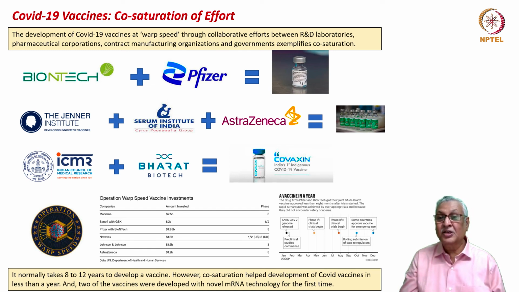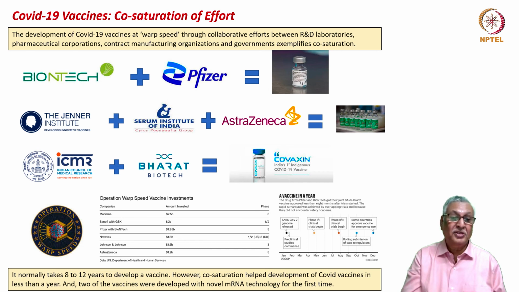As a result, companies such as Pfizer and BioNTech did the joint development. Similarly, Moderna did it with the university. Indian Bharat Biotech collaborated with ICMR. And AstraZeneca did it in collaboration with the Jenner Institute of Oxford University. Therefore, the vaccine investments were of high level and high speed. And this was supported by the US government's Operation Warp Speed.